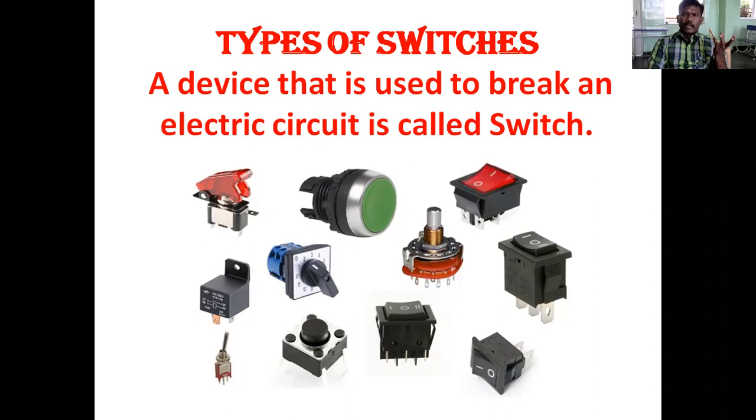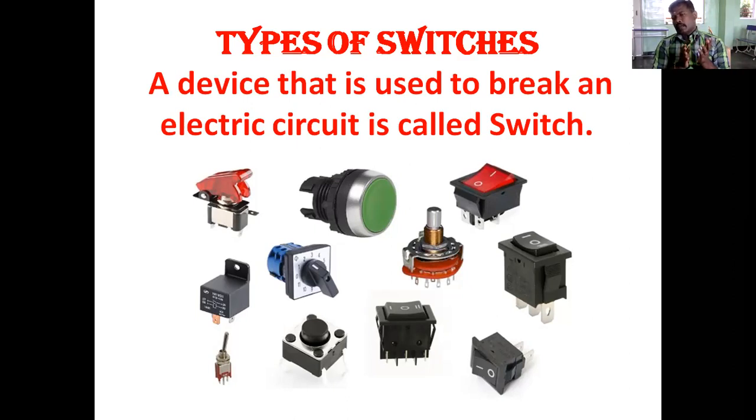If you decrease the value, the intensity of the bulb will reduce, so the bulb will glow dim. We mostly say the bulb is dim or bright. Dim means the light intensity is very low. Bright means the light intensity is very high. So we can change the intensity of the electrical bulb or any of the devices with the help of the switch. This switch concept is not only for the electrical bulb. We apply the switch to any of the electrical appliances, home appliances.